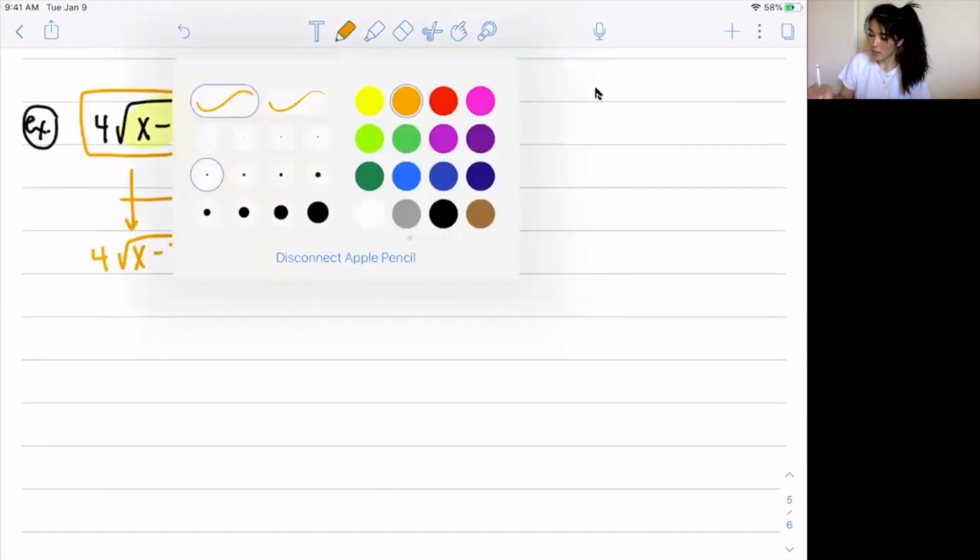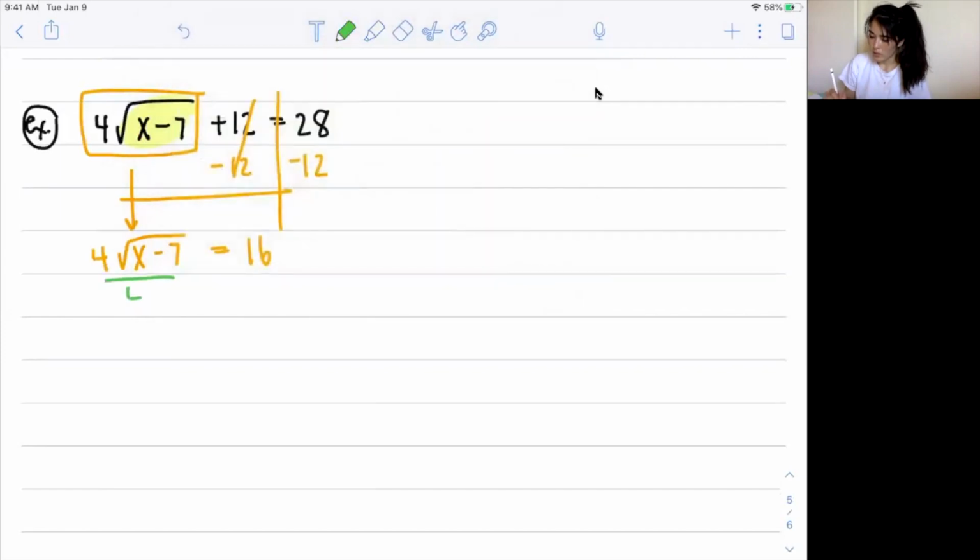All right, next step to isolate the square root is going to be divide by 4 on both sides. And again, that's going to leave me with x minus 7 is equal to 4. But please notice that that x is still underneath that square root jail, so we have to